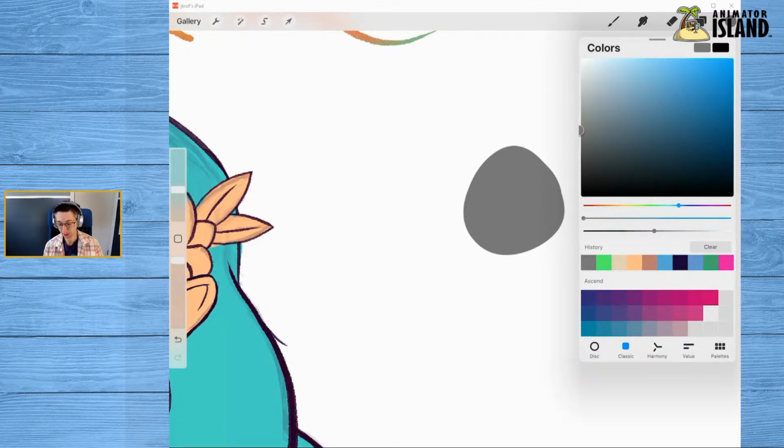So what we're going to do is I'm going to move it over to this blue. As you see, if I move this and I'm all the way at the edge here, it doesn't change the color at all, the color that I have. But if we go a little bit outside of this edge of the color picker, so like if I move over here a little bit, now it's going to change the color.